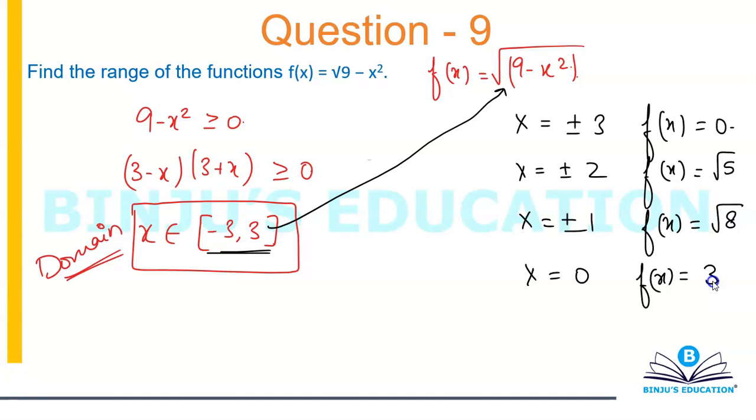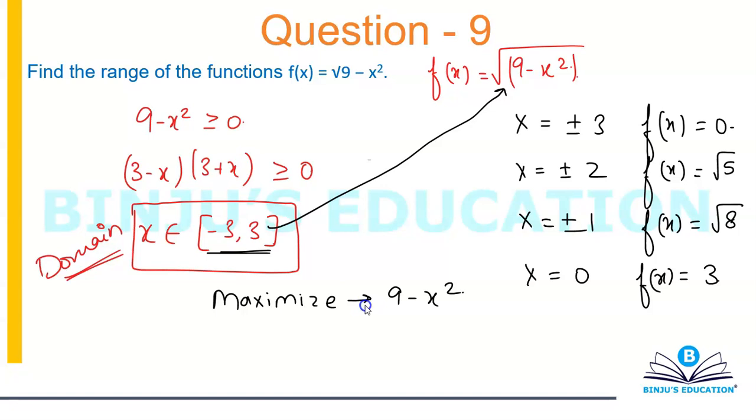Now you may have this question: how did you figure out that when x is 0 you get the maximum value, and when x is plus minus 3 you get the minimum value? So again, we're going to use our logic. Think about this logically and then answer me. If I want to maximize 9 minus x square, what do I need to do? Leave the function, leave the question, just think about this. If I want to maximize 9 minus x square, what do I need to do?